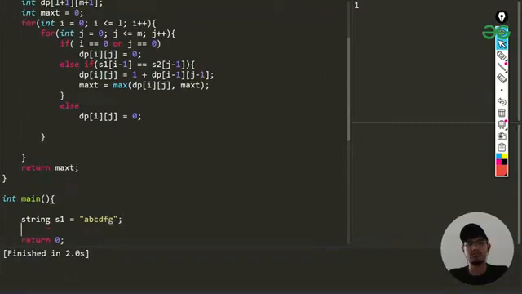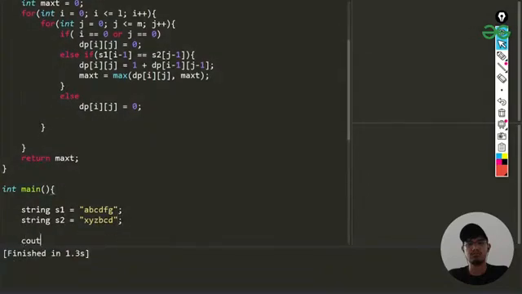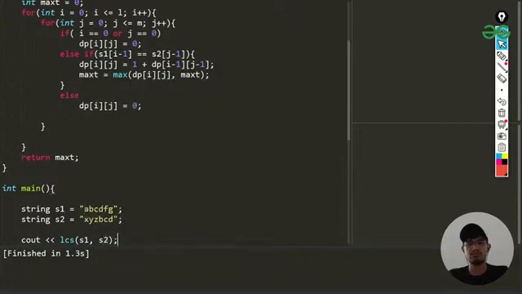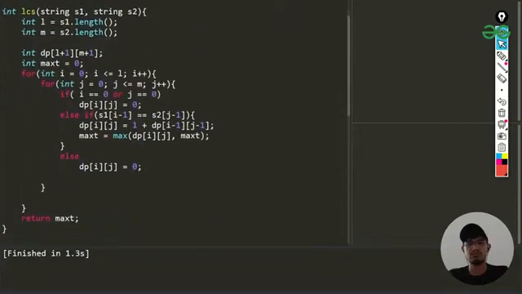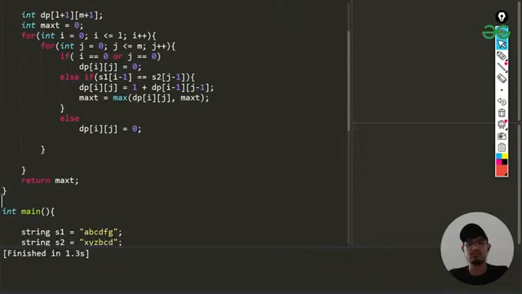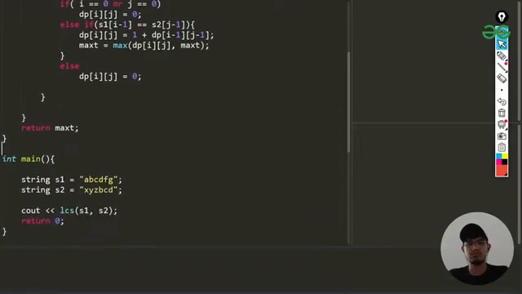Okay, and we have the string s2, and then we'll be having x, y, z or b, c, d. So whenever we're trying to run this code, you can see we'll be getting an error. So just pass that and try to print the value. So we'll be having LCS, and in this we'll be passing s1 comma s2. Okay, so everything looks fine to me now, and let us try to run the code now. So it should work fine.